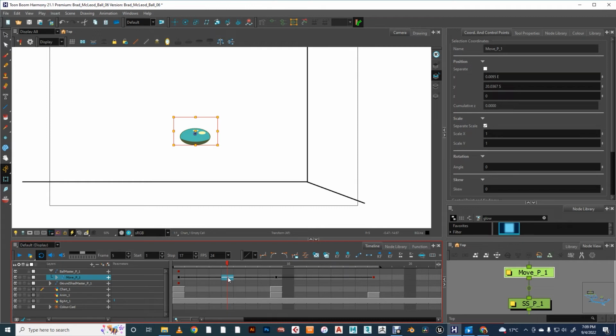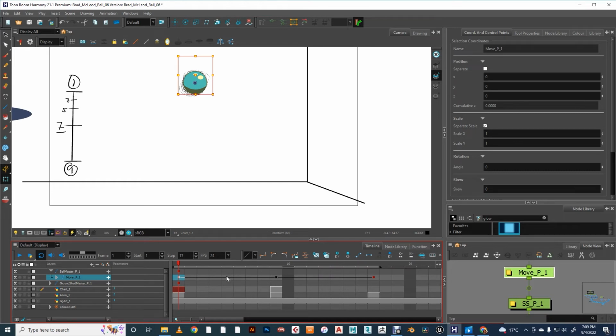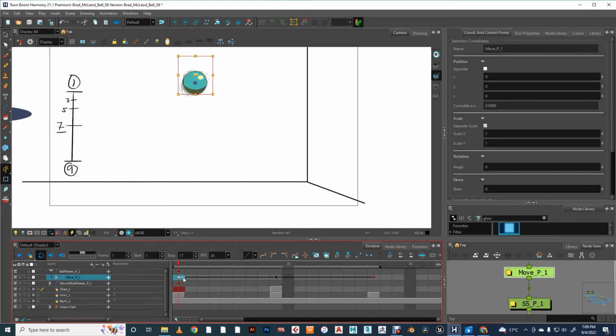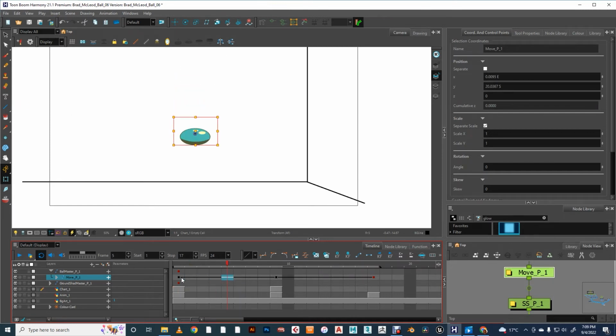And I should mention, you've got to be working on 2s, okay? So you want to have enough frames to find half. That's the best way for this to work accurately. So we can see 1, 2, 3, 4, there's half, 5, 6, 7, 8, and there's the other side. So if I click and drag from halfway, now I'm going to turn on onion skin as well so I can see. If I click and drag from halfway over, what that does is it starts to create